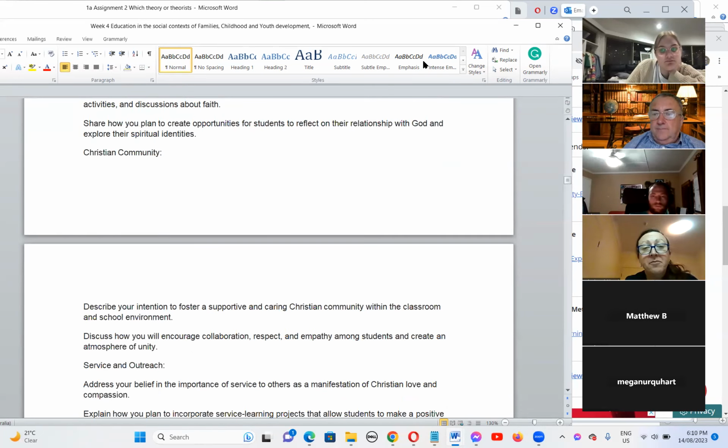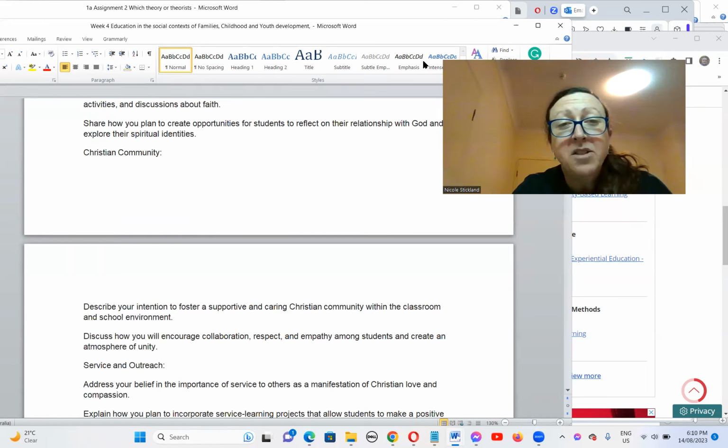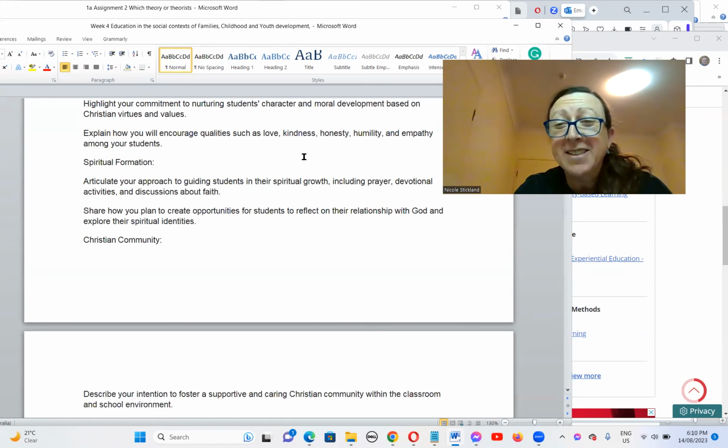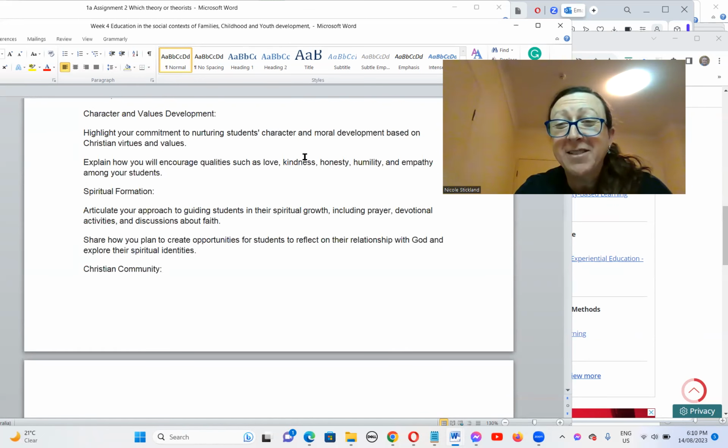Yeah, I was just thinking about the golden rule, that you treat others as you would like to be treated yourself, and using that as a foundational value for the students as well as other staff members that you work with.